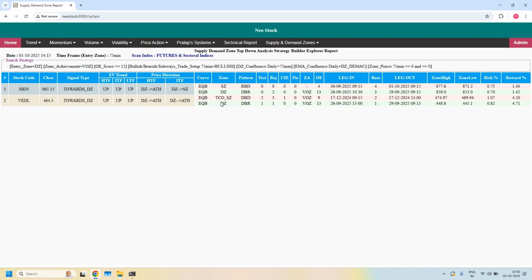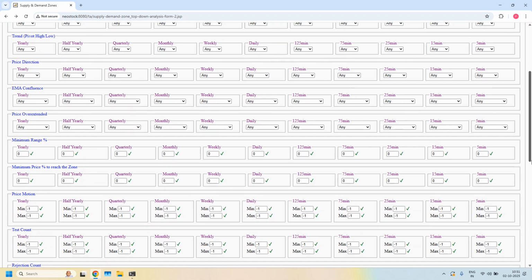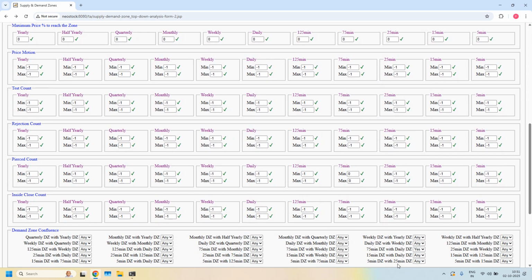So these 2 daily demand zones have high probability of success, provided less than 20 checklist items are satisfied. Otherwise, higher chances of zone violation. Okay, next LTF, ITF, HTF demand zone confluence supported stocks. Removed the ITF EMA filter. In the demand zone confluence, we have to set 3 filters: 75 and weekly, daily and weekly. With all the 3 filters,